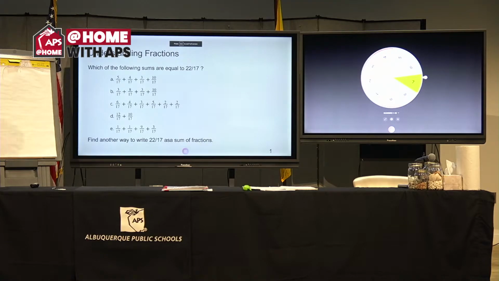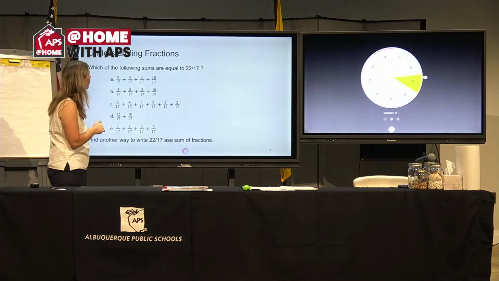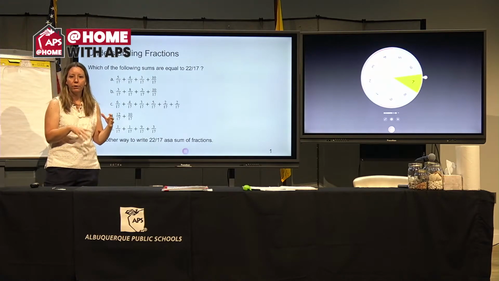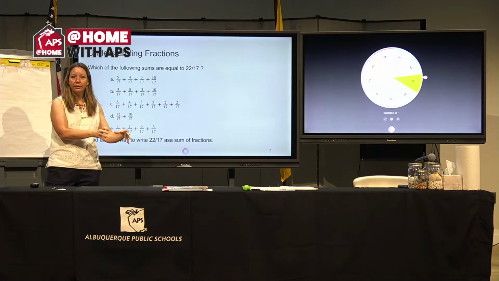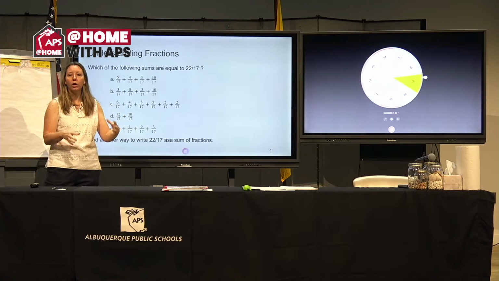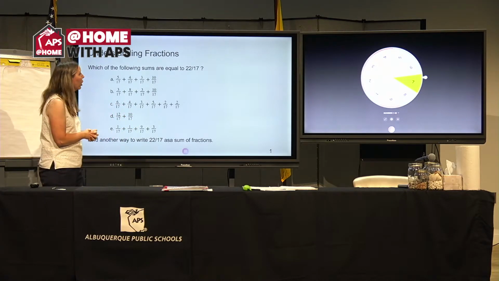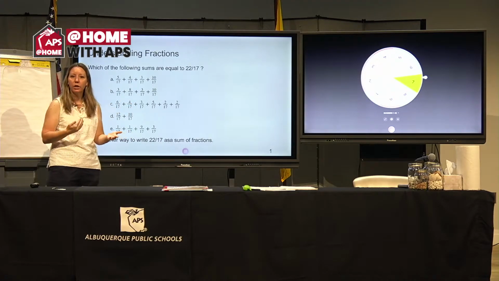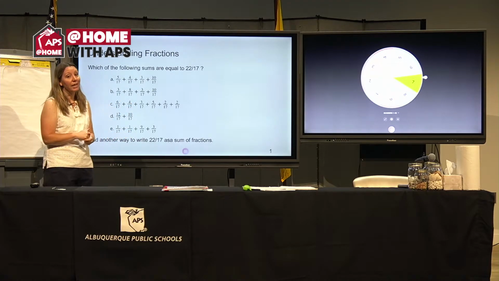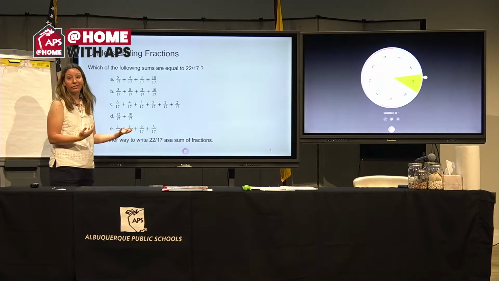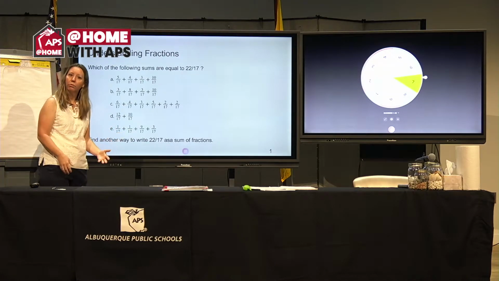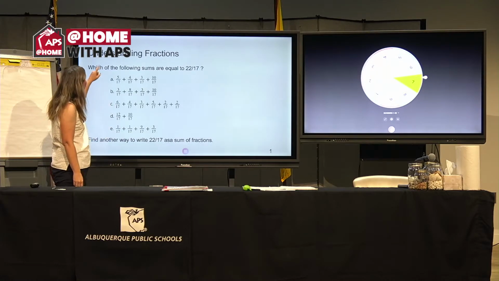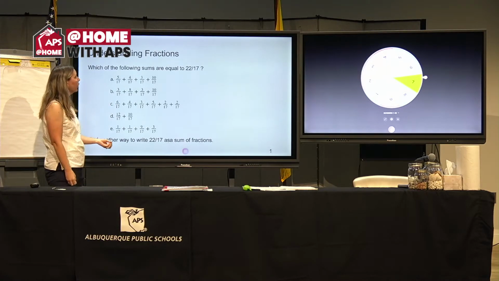All right, so we have here different fractions. You noticed last time we were working with figuring out what one piece of a grouping of 4 of a whole, or we did a number line yesterday, working out how to place those numbers on a number line. Today we're taking that and now we're adding some decimals. Whoa, fractions, I don't know where decimals came from. So our question is which of the following sums are equal to